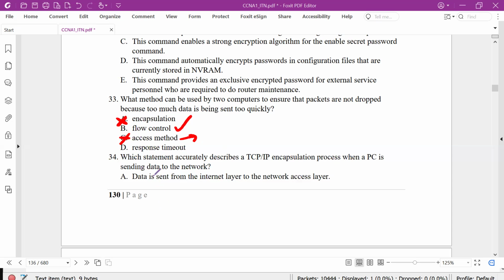Then a response timeout. Response timeout, it's when the destination is usually not available. You're trying to send something, the destination is not available. You usually get this response timeout message. But with respect to what method can be used by two computers to ensure packets are not dropped, we have flow control. So flow control is basically where, in simple terms, two devices, device A and B,